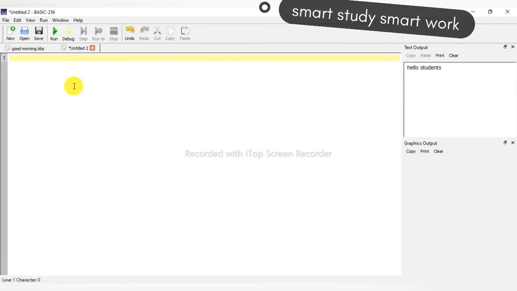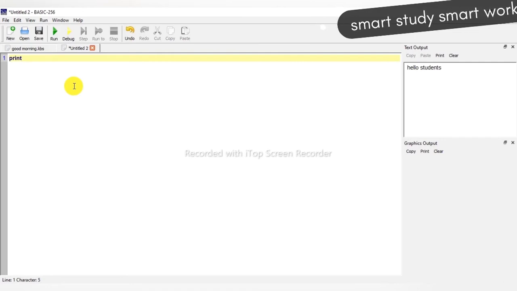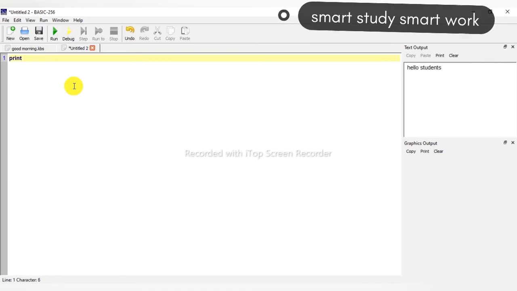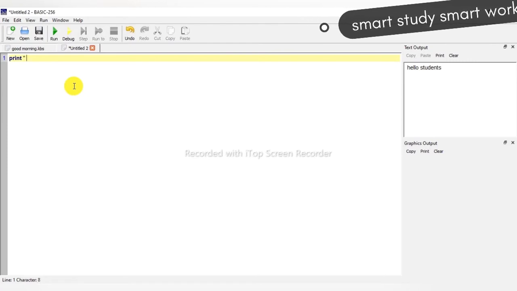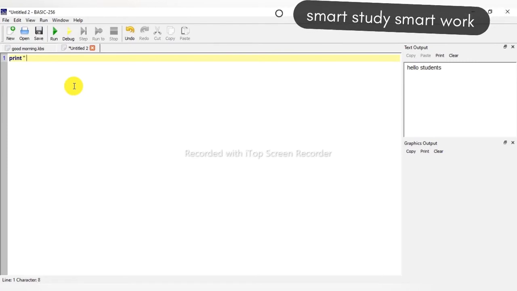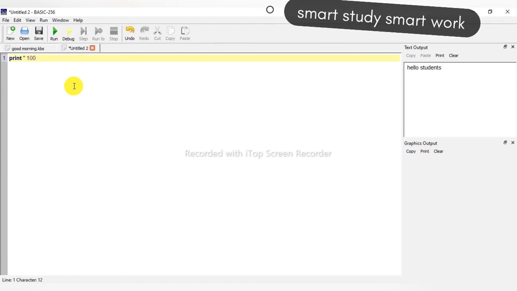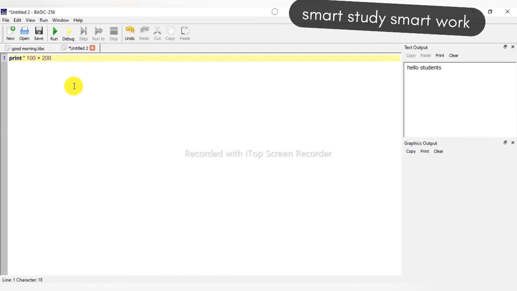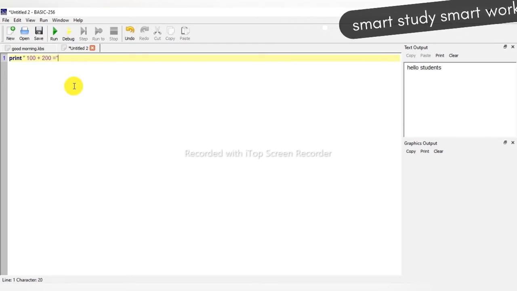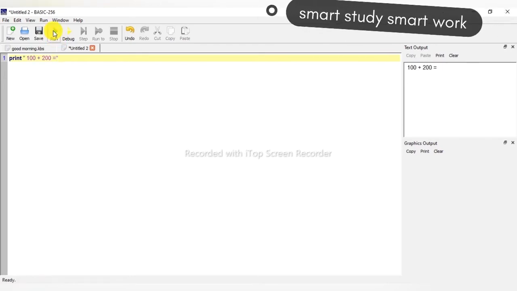Now we are using the print statement with a semicolon. With the command of print statement, double quotes, here I am giving the value 100 plus 200. Double quote over and run this program.